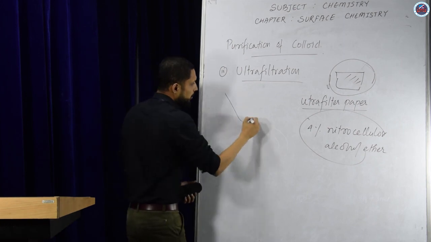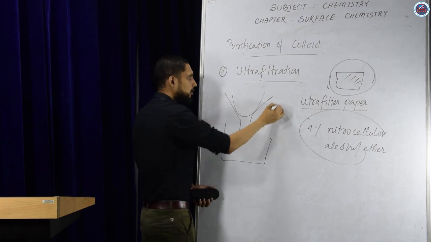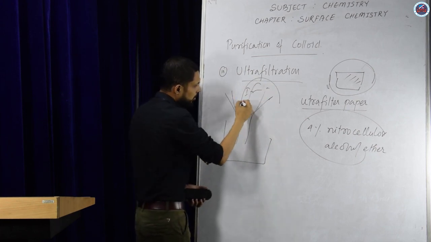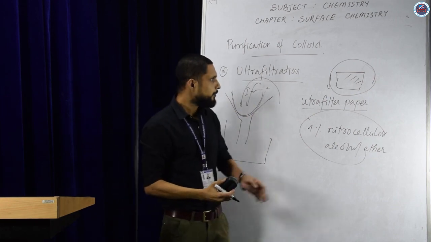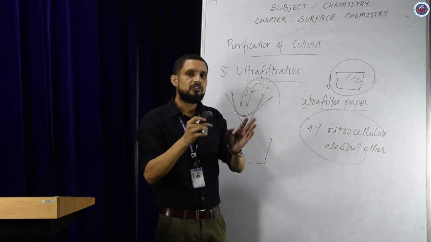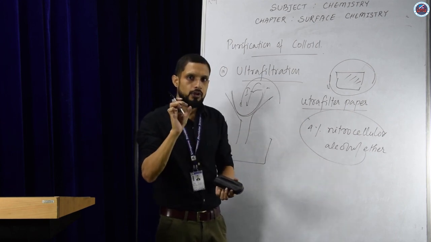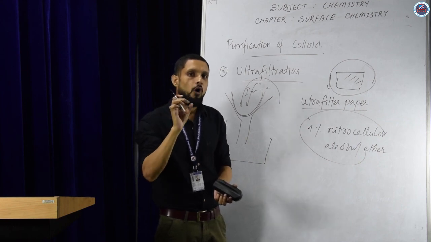Now it's very simple. You take a funnel, ultrafilter paper, impure colloid. Now the ultrafilter paper, how is it effective? When we prepare this ultrafilter paper, the size of the pores in the filter paper is reduced. The size of the pores is reduced,